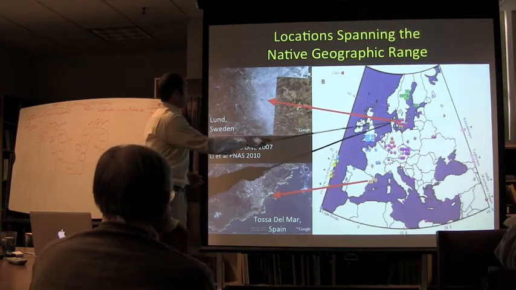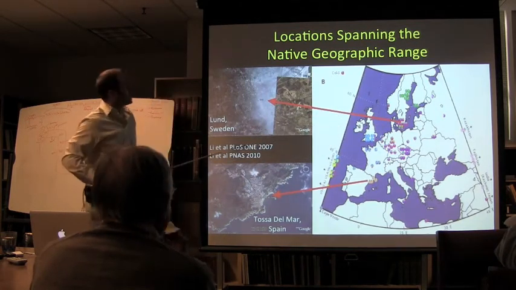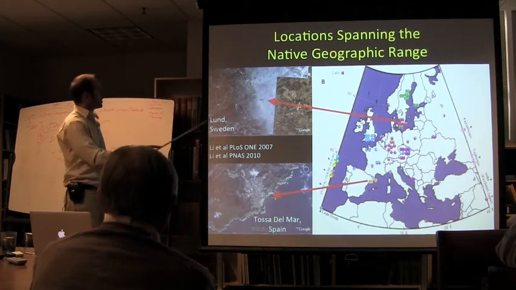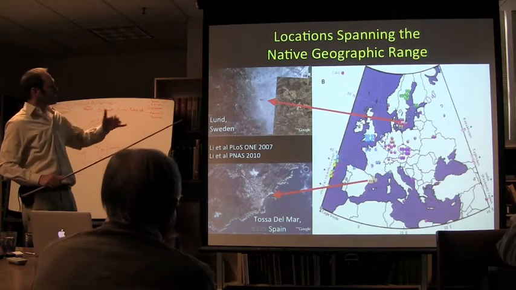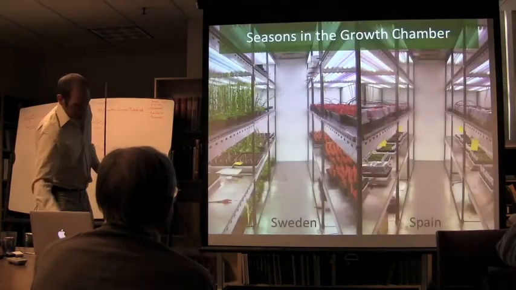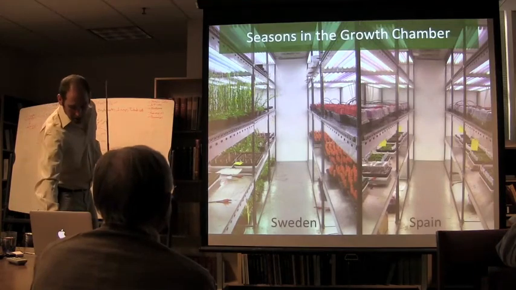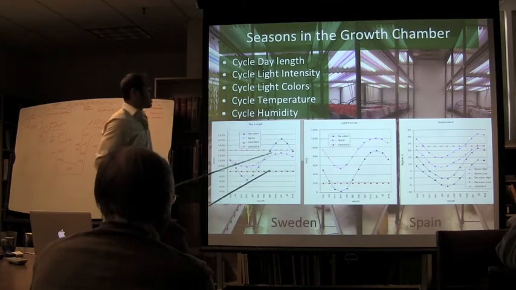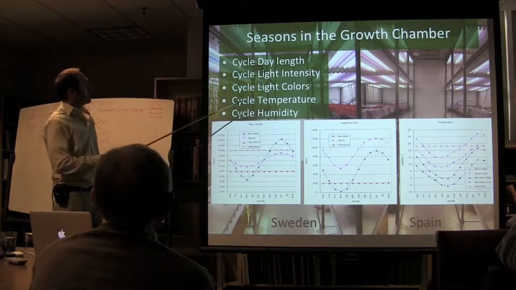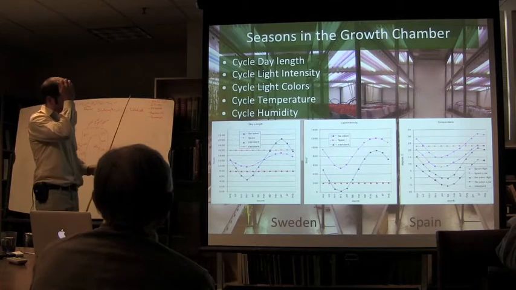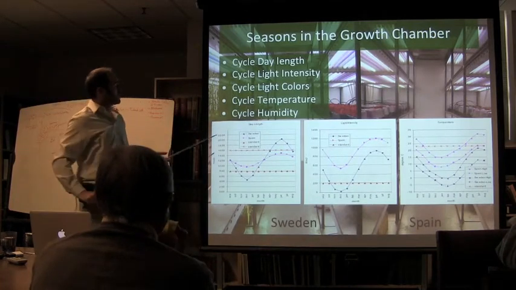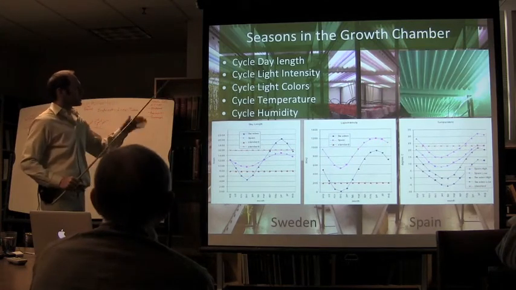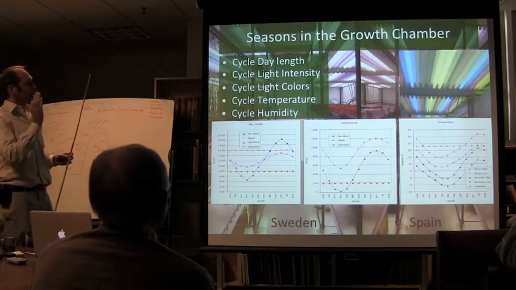And a northern population in Sweden, although there are some farther up and more recently derived there, that southern Sweden might have been even a refugee, and there's a lot of diversity in here. So these two conditions then define day length variation, temperature variation, and even light intensity variation throughout the day and throughout the year. So we have these sometimes affectionately called time machines, or seasonal growth chambers, climate chambers, where we can dial in perfect sunrises and sunsets exactly as would be expected on an ideal year.